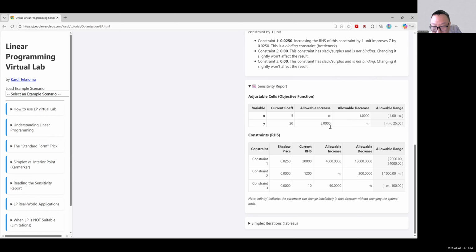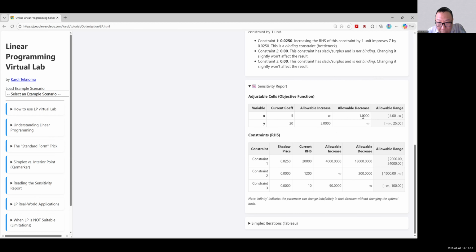So allowable increase is unlimited, but allowable decrease is one. So only up to four. So if there's an offer to put only 3.10, then it's not allowed, because it will change the decision.